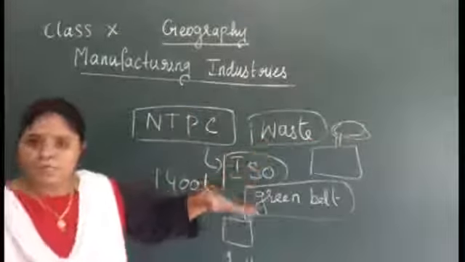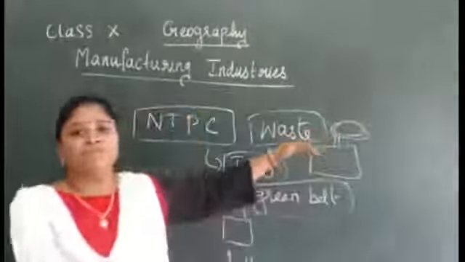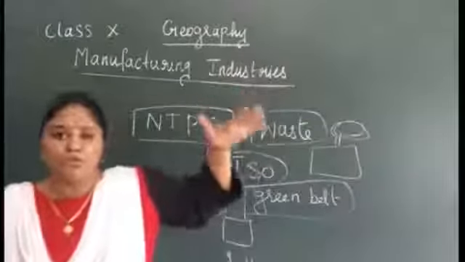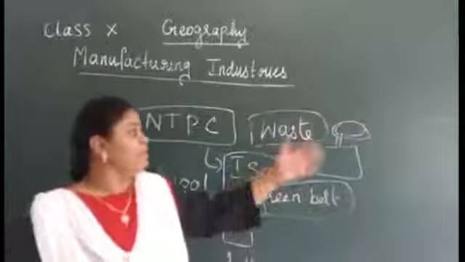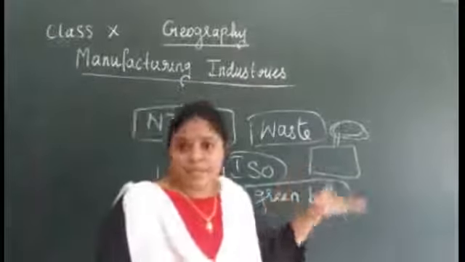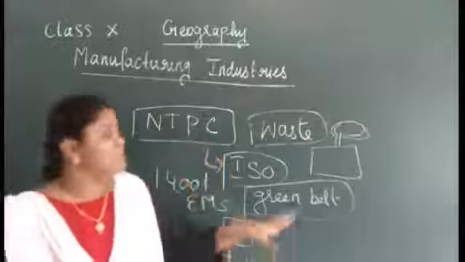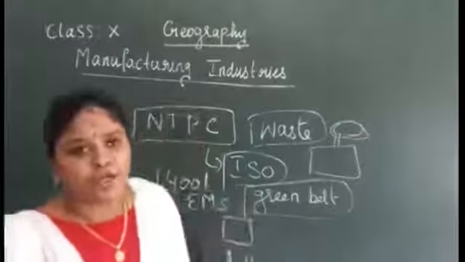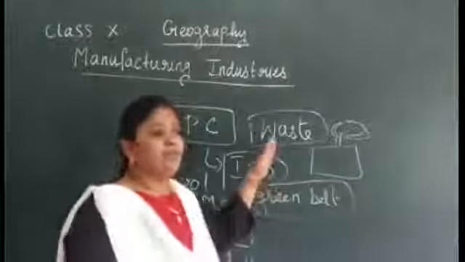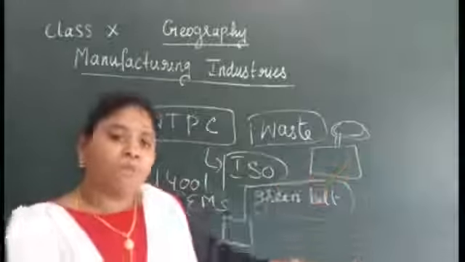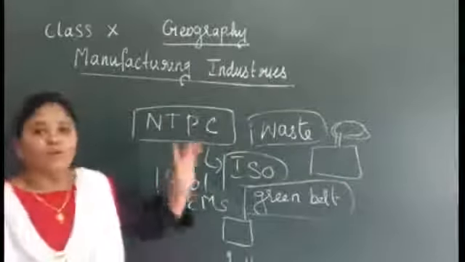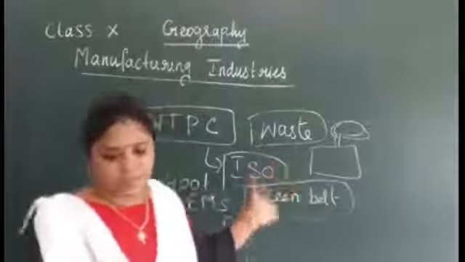So for that, what they can do is fit a filtration system here, so that the smoke pollution will get reduced. And if any area has noise pollution, there they will be provided with silencers. Those are the remedies they are going to take in order to reduce the pollution, so that pollution is reduced everywhere and the environment will not get affected. In the same manner, the industry can also grow. So that is the reason behind that.